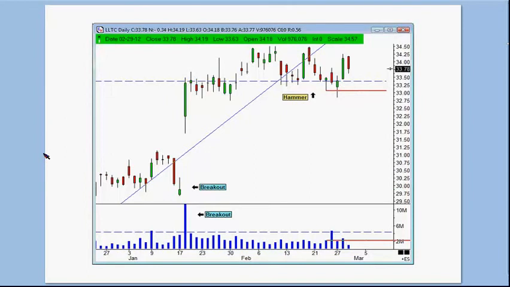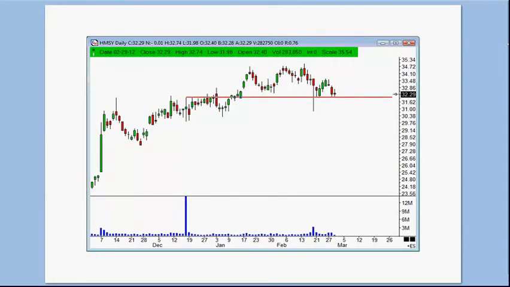So that's LLTC. One last one that I've got is HMSY. Don't know what they do. Here is our number 3 on our priority list of hammer candles. This one is a pretty nice setup when I came on, and you've got some volume here. This looks to me like about 50% of support out here. It's not a hugely liquid equity; these are millions here. You can see this one a little bit disproportionate because it looks like about 14 or 15 million shares traded this day.